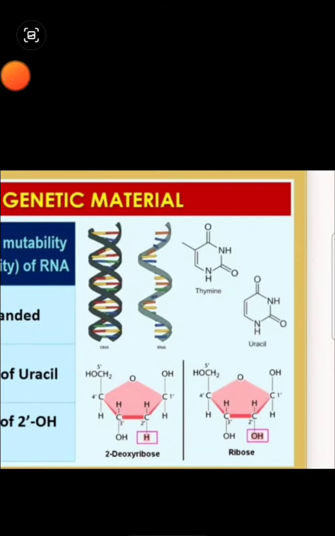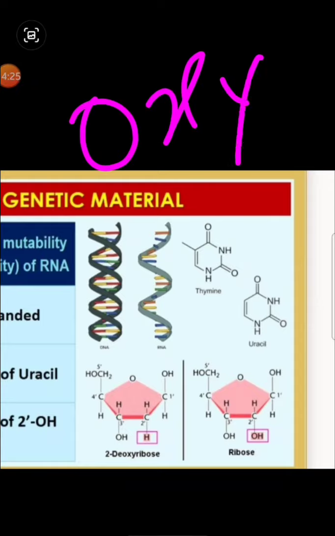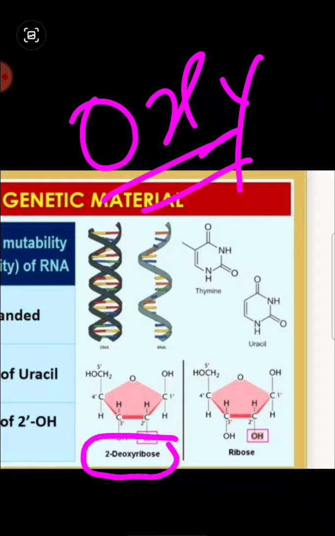So deoxy in the sense what? The oxy meaning oxygen, right? So here you can see deoxyribose, that means the ribose sugar which is deprived of oxygen, so only H is present. Okay, so but here in case of RNA,